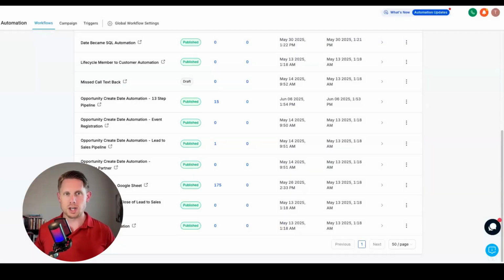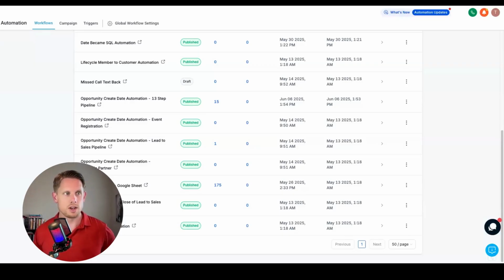Hey, welcome back. We're going to be doing a quick tutorial on how to use the Google Sheets premium workflow trigger within Go High Level to set up some automated things into Google Sheets and take care of looking at all of the pipeline data, some contact data, even some call data. So we're going to go through just the basics of how this is set up and primarily how the automation